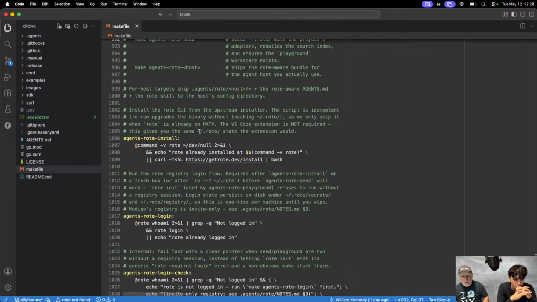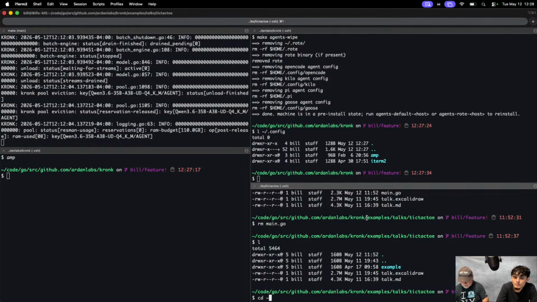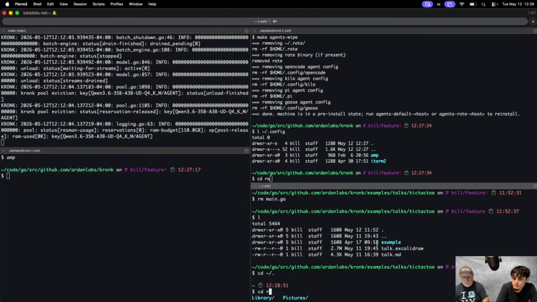Okay, so this command here will install the rote CLI. This is like the new thing that I've been seeing. Everybody has a curl call now with a pre-compiled sort of command here. So I've been seeing that. I'm going to run this install, and that should bring back, and down here, let me do this. We shouldn't have a rote. Oops. I don't have a rote folder yet here. Oh, I should say.